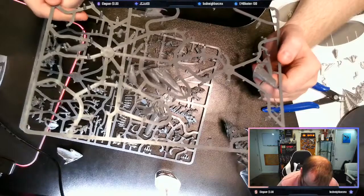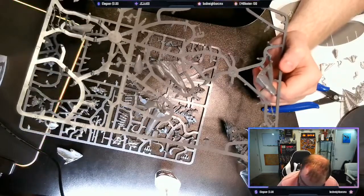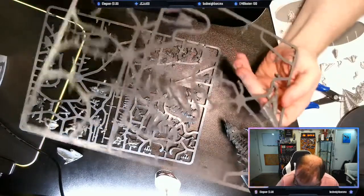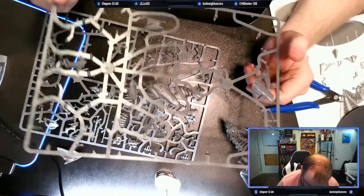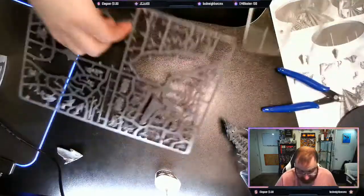I wish these were numbered sequentially, but they're not even close. So, like, I'll have 76, then 33, then, obviously...